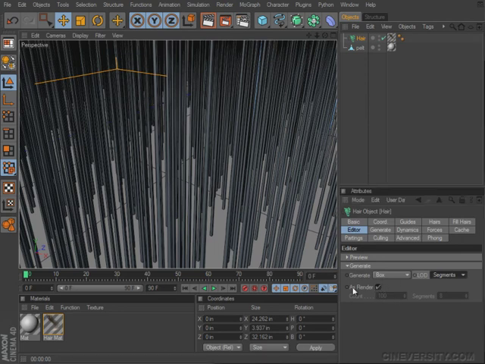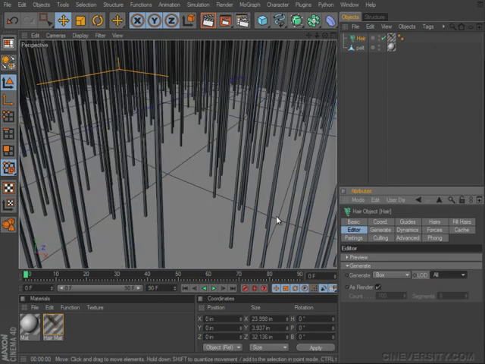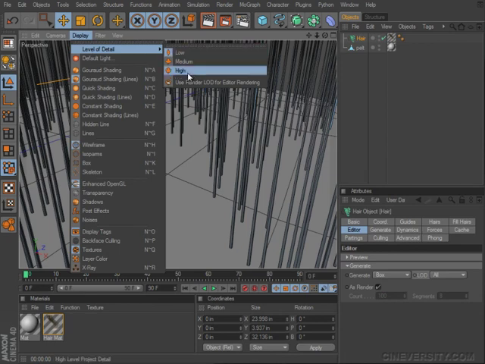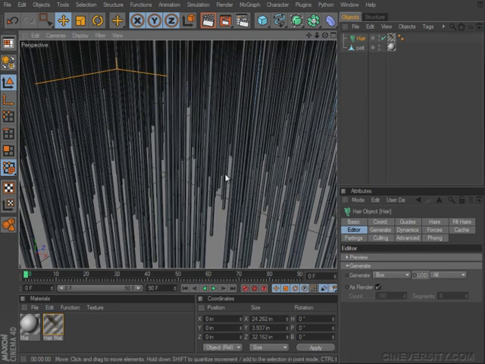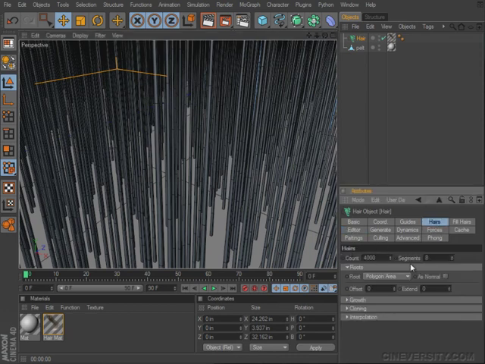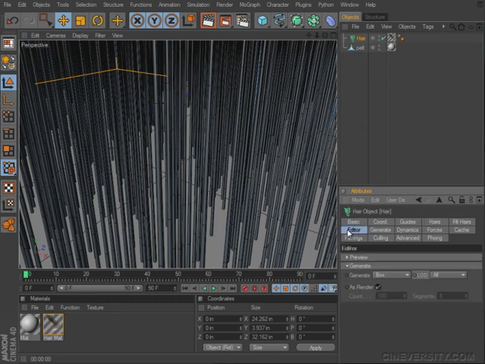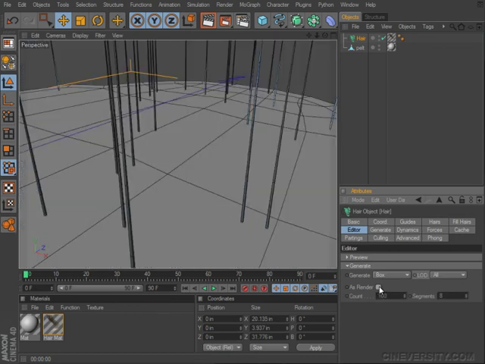Finally, there's an As Render checkbox, and if our level of detail is set to All, and then we go back to the display and set this to high again, the As Render checkbox is going to look at the settings that we see here in the Hairs tab to control the count of hairs and the number of segments along these hairs. If we go back to the editor tab and uncheck As Render, it's then going to use the count settings that you can see here and the number of segments that can be found here to draw